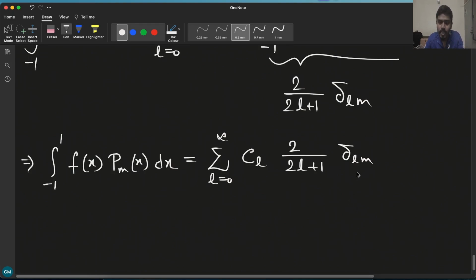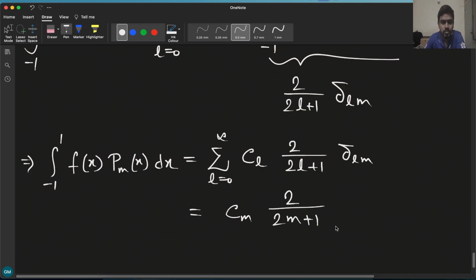It means its value is 1 only when L equals m. That means in the summation, only when L equals m will that term survive. Otherwise, if L does not equal m, all those terms will be 0 because of this delta factor. Right? The only term surviving is when L equals m. That means C_m times 2